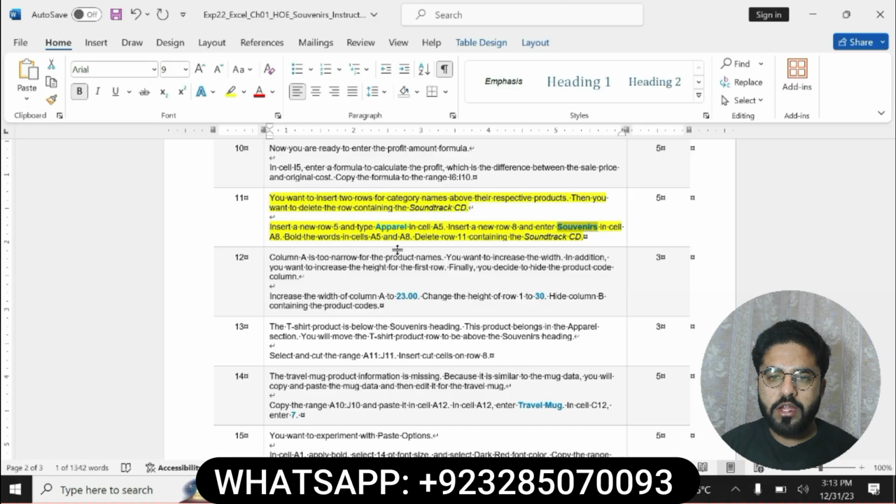and delete row 11 containing the soundtrack CD. In this part you will have to delete the row 11 that contains the soundtrack CD. To delete this row,